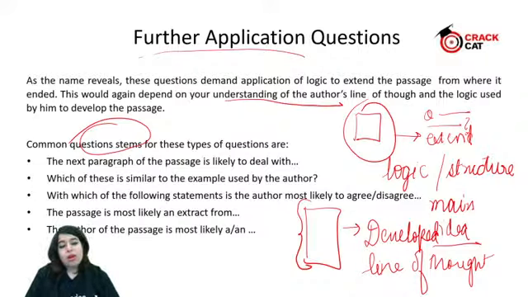The author of the passage is most likely a or an... Now, this kind of question is also very popular. They'll give you options like a historian, a scientist, or whatever options make sense according to that passage. So, they're asking you about the author based on his viewpoint and tone. What does he seem to be? Right? There was this one CAT passage where a question came: the author of the passage is most likely not to be a...